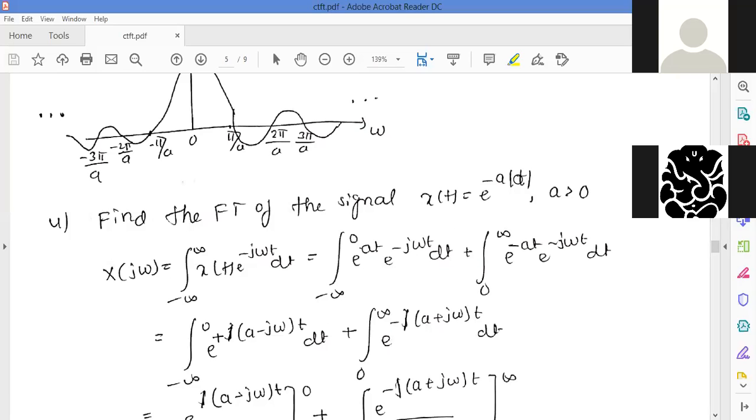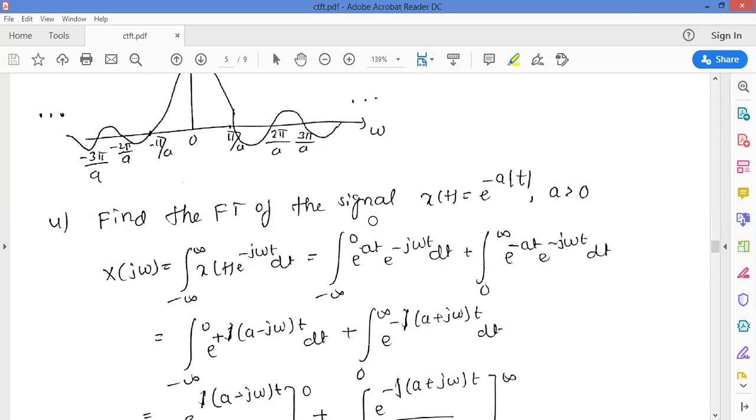The mod of t is equal to minus t when t is less than 0. Therefore, within the limit minus infinity to 0, I put minus t here. So minus t into minus a will become plus t. When t becomes more than 0, mod of t will become simply t only. Therefore, it will become e power minus a t. Okay, this you have to remember while you solve this problem. Once you do this one, it is just an integration.